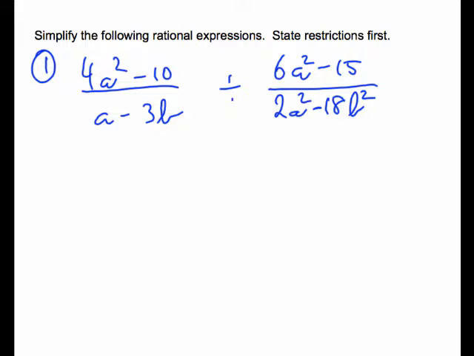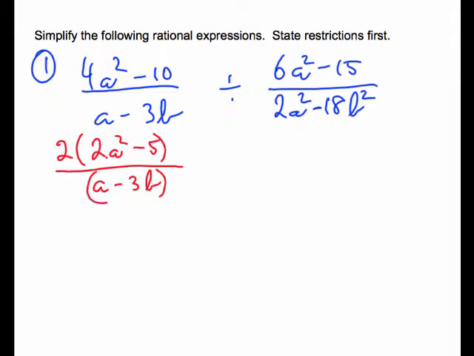So let's divide these two rational expressions. To do that, we need to factor our numerators and denominators. So we have a common factor of 2 here, 2 times (a squared minus 5). In the denominator, there is no common factor, so it's just 1 times (a minus 3b). Divided by,